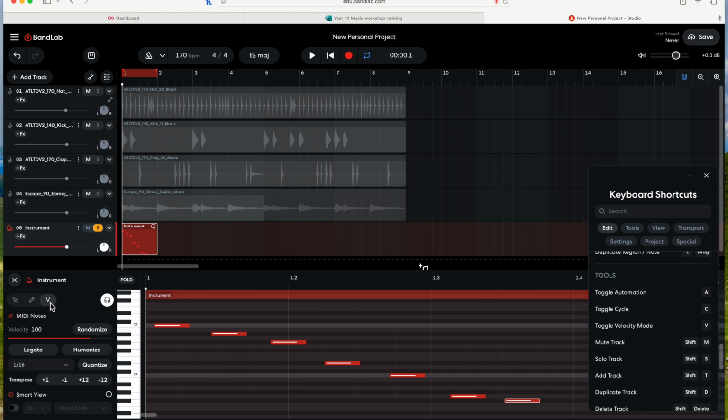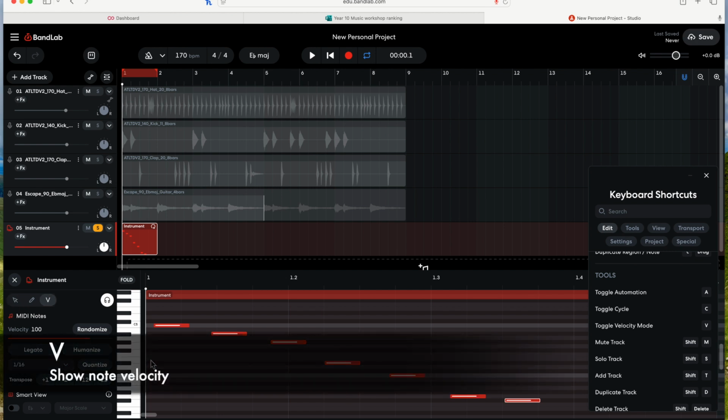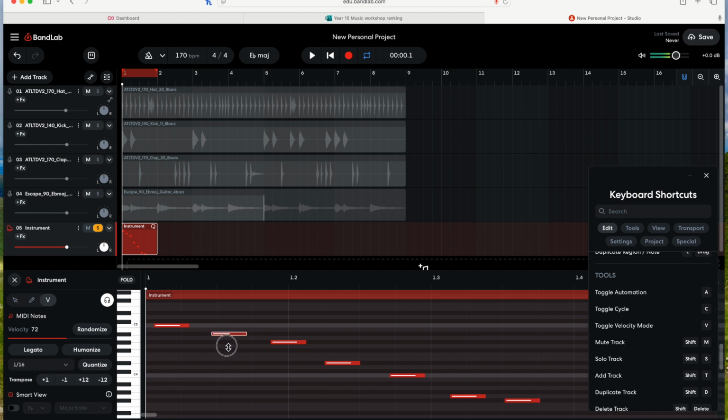So I've just clicked on the V here in the MIDI editor, but if you actually tap the letter V on your keyboard, it will do that for you. That's the shortcut. So what do you do with velocity? Well, you can control the volume of every single note, and this can be really precise. It basically controls the intensity of the instrument you're using. So you might want some of the piano notes to be more intense than others, or some of the guitar notes,